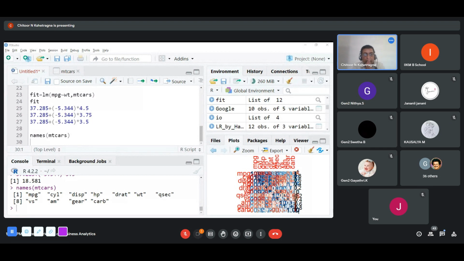Based on that, you can take a decision in terms of what should be the weight, what should be the number of transmission, horsepower, multiple. These are called variables. You can take multiple variables. Based on that, you can take a decision. This is prediction. So remember, there's something called descriptive. I'm not getting too technical intentionally. There's something called descriptive, prescriptive, and predictive analytics. So this is predictive. You're predicting.